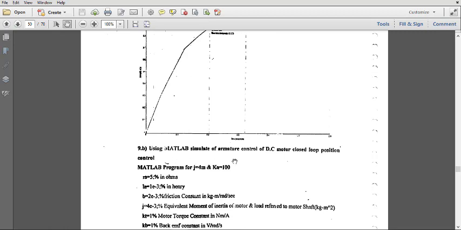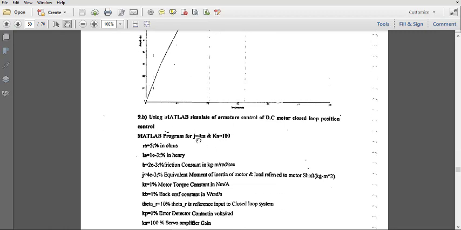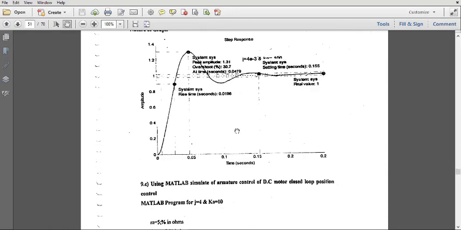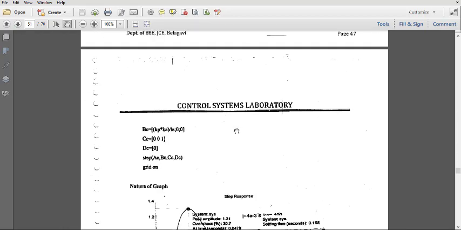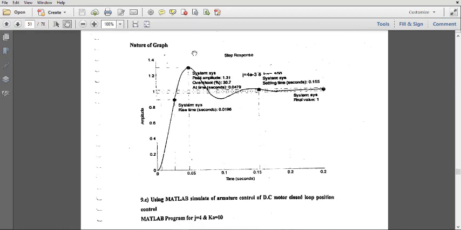For the other experiments, the value of j is kept at 4 and Ka tends to 100. So all these values are there, and you can see that with the different values of Ka, it starts to become an oscillatory graph.